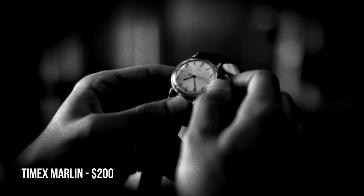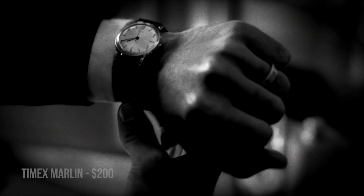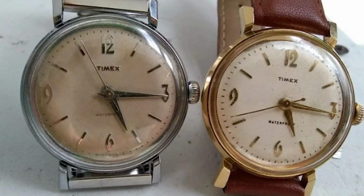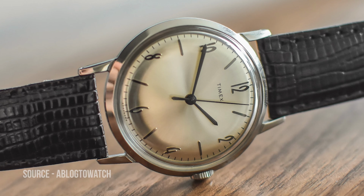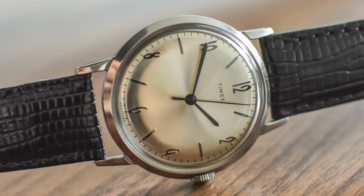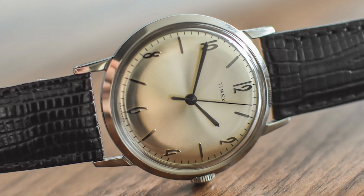Number 2 on the list is the Timex Marlin. This vintage dress watch is based on its older model from the 1960s, but not much has changed. And that's a good thing because the original Marlin was a beauty. And this is a beauty too. Something about its simplicity and those unique Arabic numerals make it stand out from the crowd in a sea of